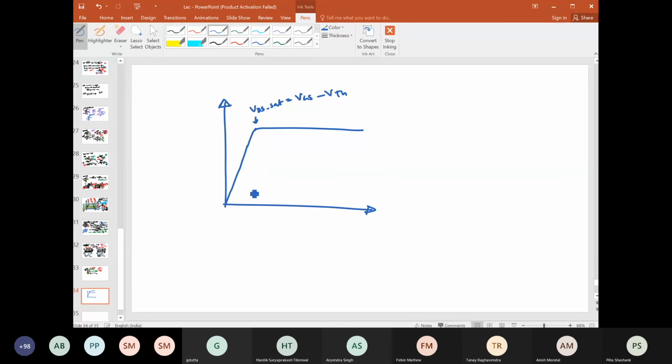Before you reach this value of VDS sat, your current will saturate. So this region will be superimposed with the long channel, and after that, suppose this is the particular point where you are reaching the critical electric field required for velocity saturation. From here onwards, your current will saturate. Fine. This is for a particular value of VGS. Then if you change VGS,